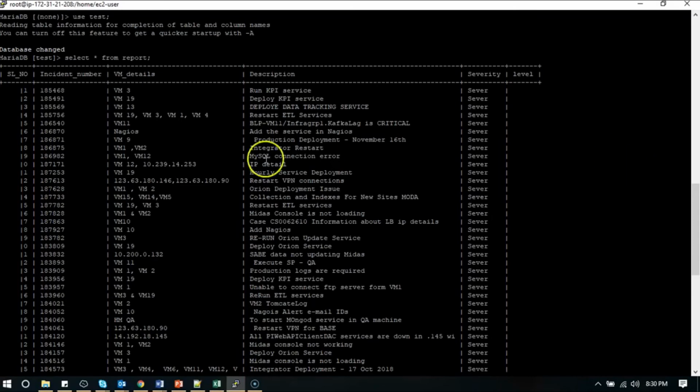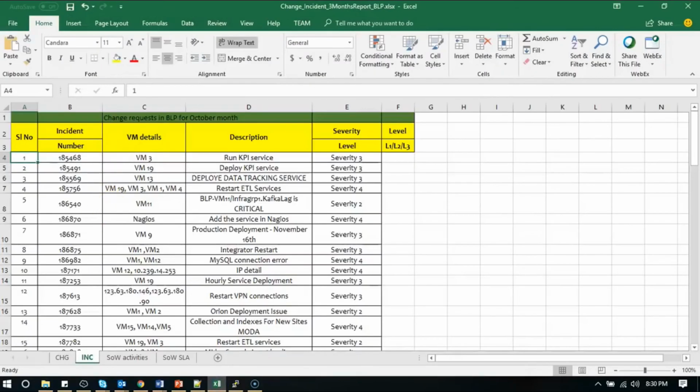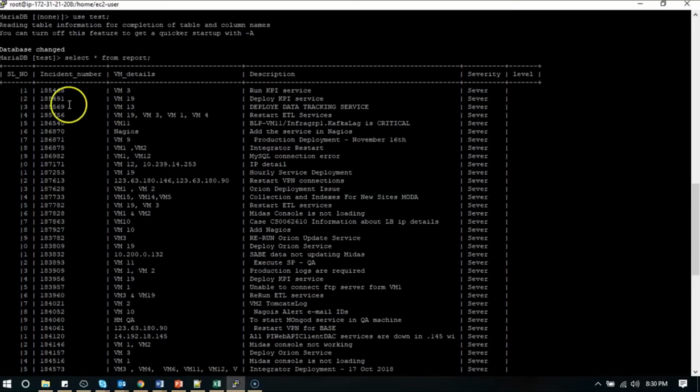So here is the result, and if you look at the data that I have actually imported, as you can see here the incident number is 185468, the serial number is this, and the entire table has been migrated from an on-premise database of a MariaDB instance to RDS, and this is what the use case was.